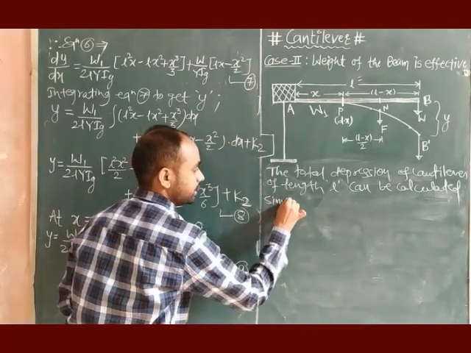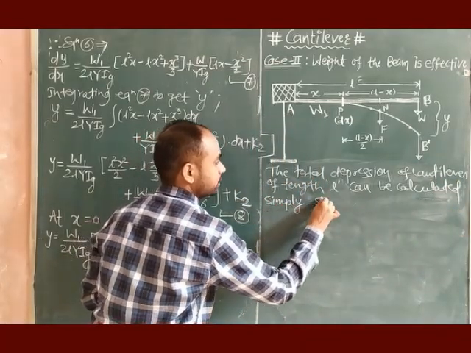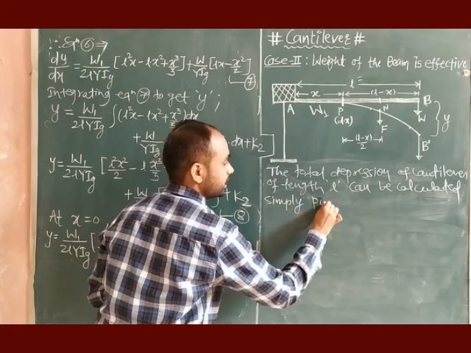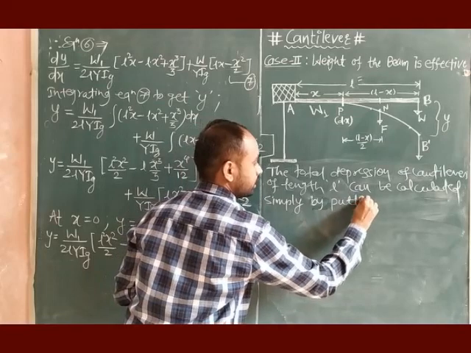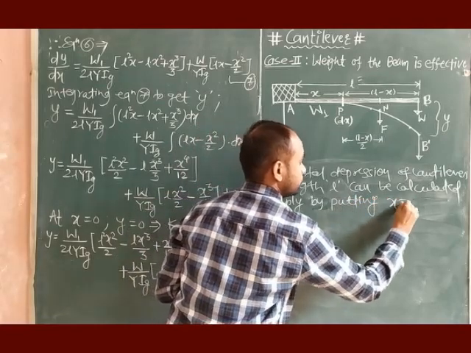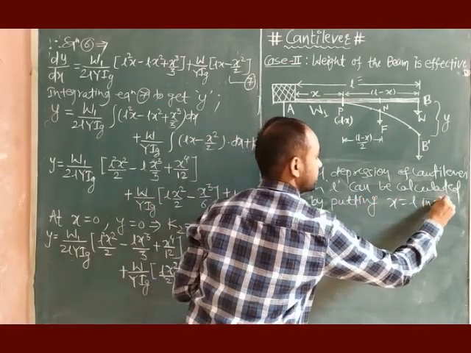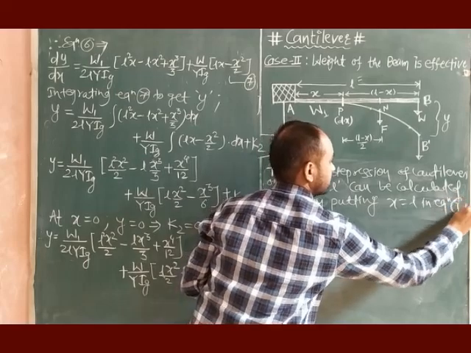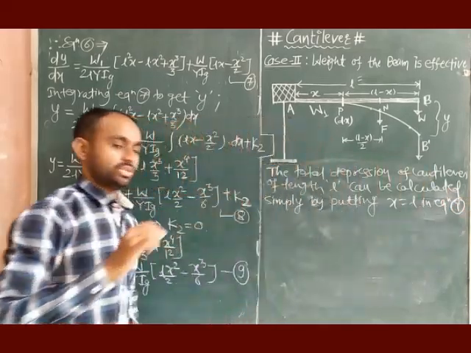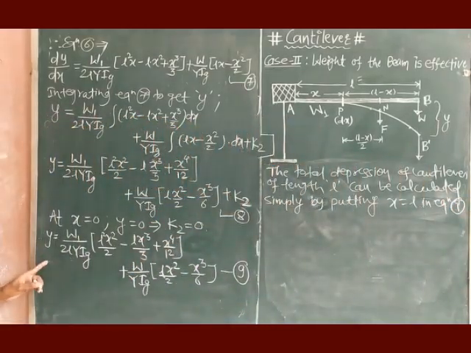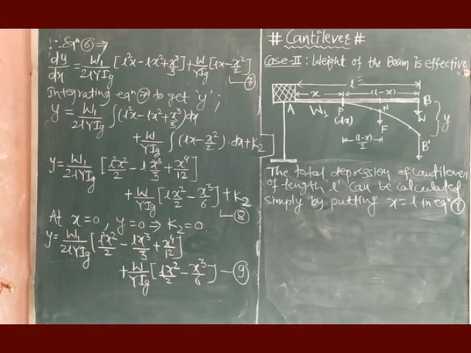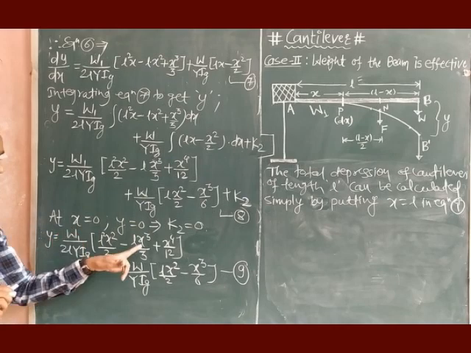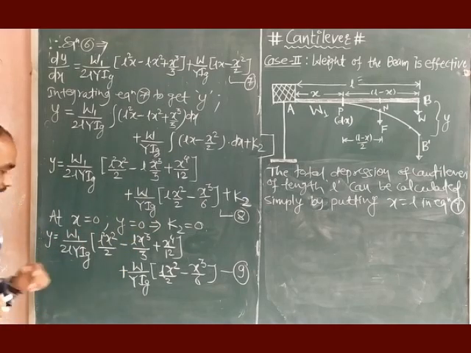simply by substituting, or we can say putting, x is equal to L in equation 9. In equation 9, this is equation 9. Here we got y and that is related to x, right? But we want for the total beam, so let us substitute x is equal to L in equation 9, and